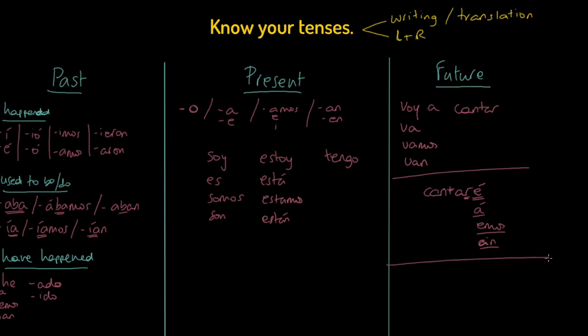And then also consider the form of the conditional, what things would happen, okay? In that case, let's remember that we're going to be using the same endings as the imperfect, but we are attaching them to the full infinitive. So cantaría, I would sing. Cantaría is also he or she would sing. Cantaríamos, we would sing. Cantarían, they would sing. Okay? So these are the most identifiable endings that will really help you work out whether something happened, is happening,